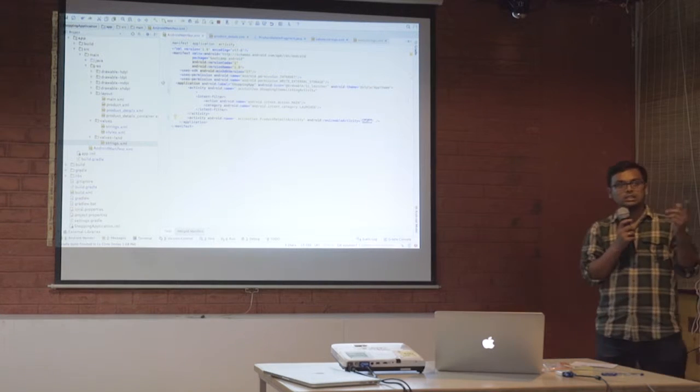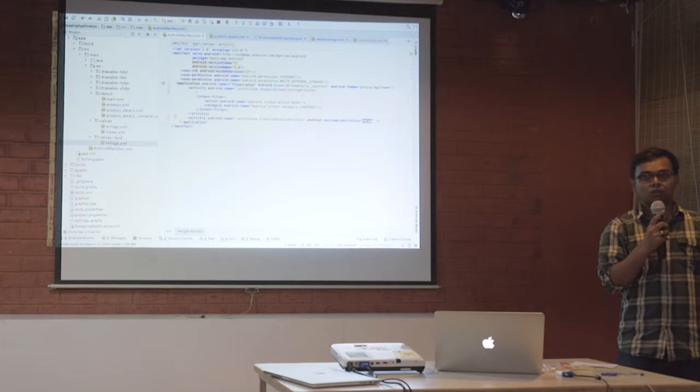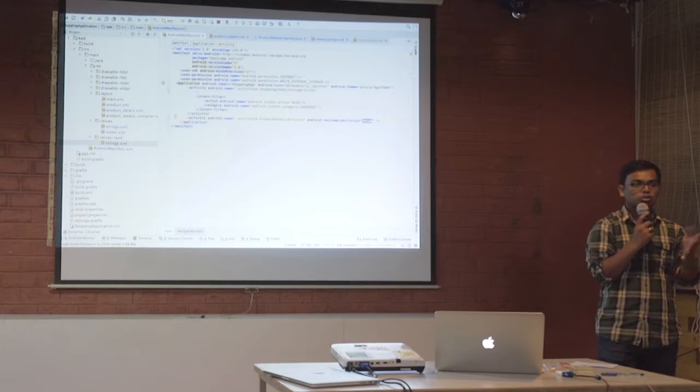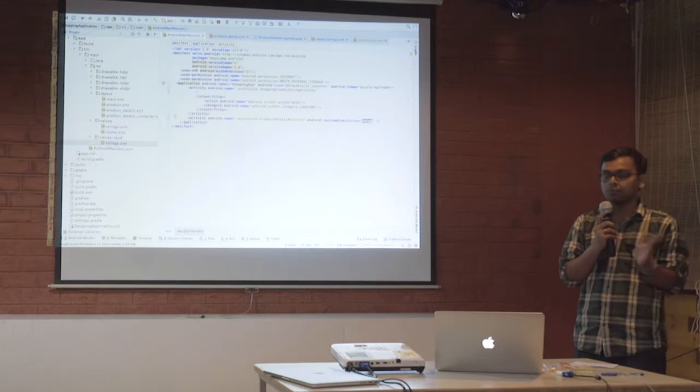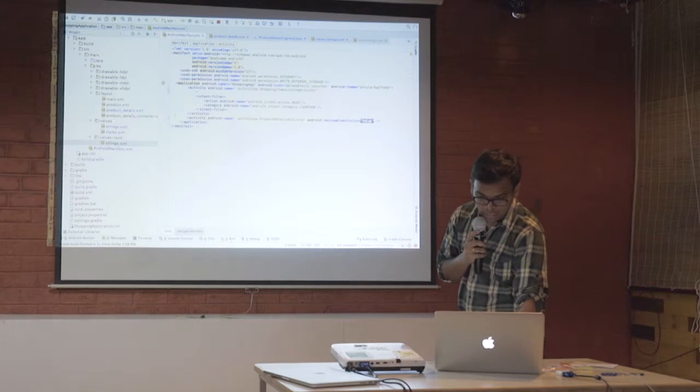Just letting you know, I'm using a sample app, which has a home screen with a list of products, and clicking on one goes to a product detail. I'm just using this as a sample app to show the entire multi-window. Android has added this attribute which is called android: